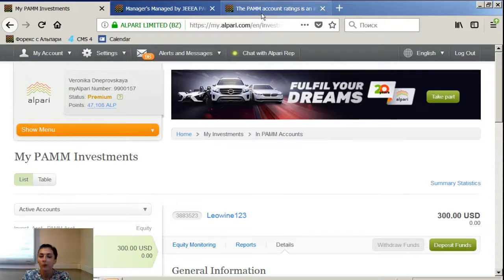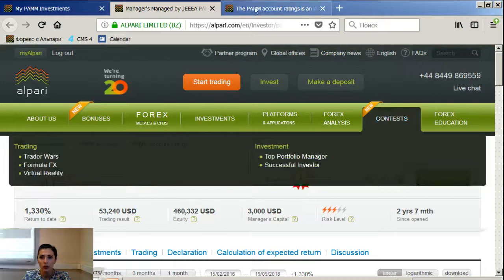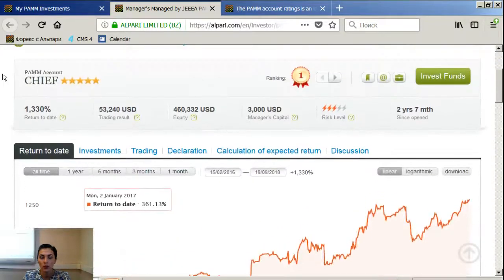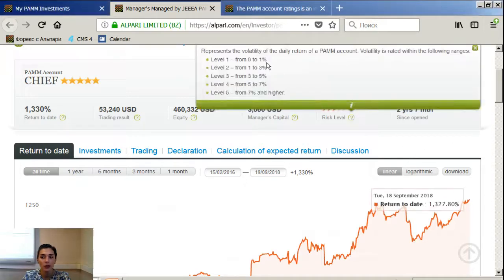Okay, here we are. So let's move forward to the next question. Now I want to speak with you a little bit about the PAMM account monitoring. Here you can understand how to analyze the PAMM account, what to pay attention to, what not. Here we can see the name of the PAMM account, the place in the ratings. We can see since opened, this is the age of the PAMM account, risk level that is based on the volatility